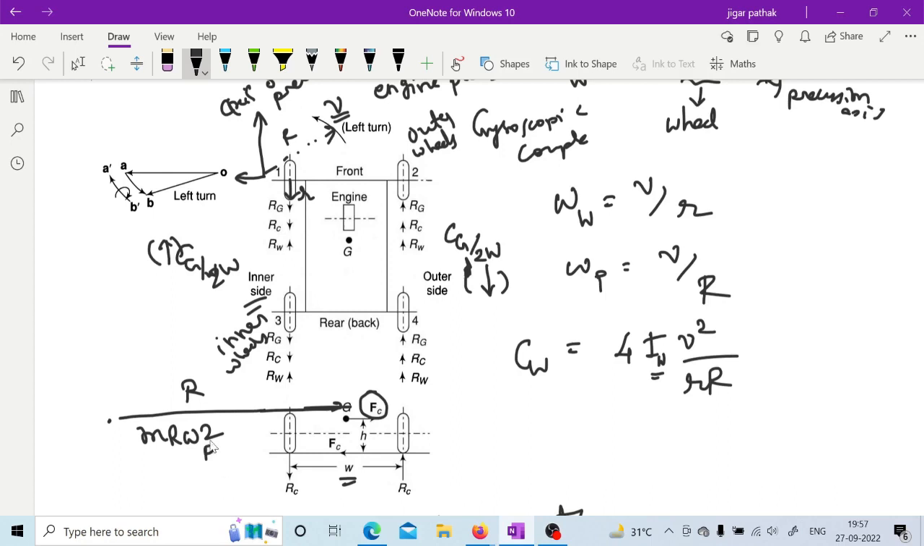So here, as we know, omega p is nothing but v by capital R. So you will have m r v square by R square. It will be written as m v square upon R, m v square upon capital R. That will be this centrifugal force. m r omega square is the centrifugal force,